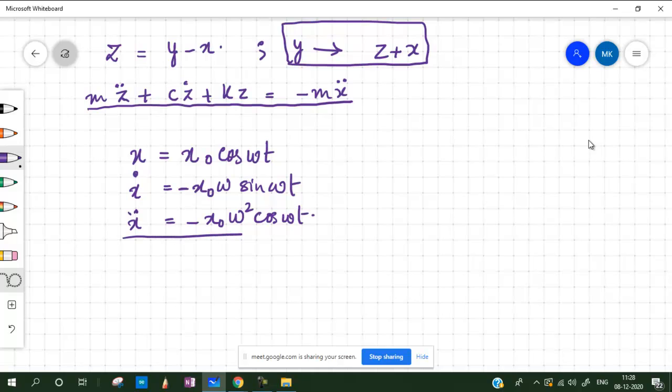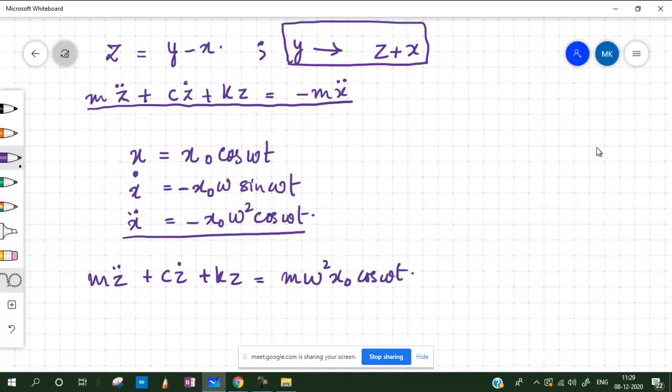Now if we substitute this expression back into this, we'll get m z double dot plus c z dot plus k z is equal to, the minus and minus gets converted to plus, so we have m omega square x naught cos of omega t. All right,